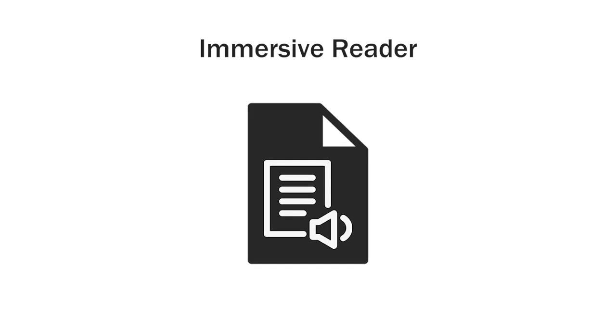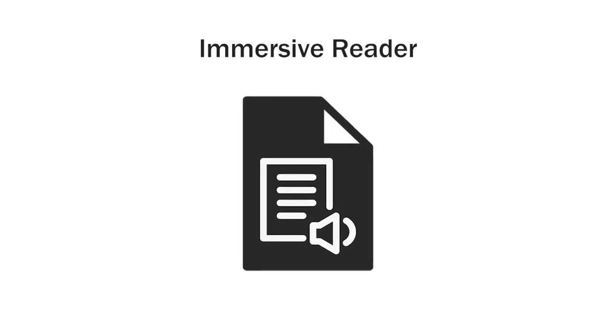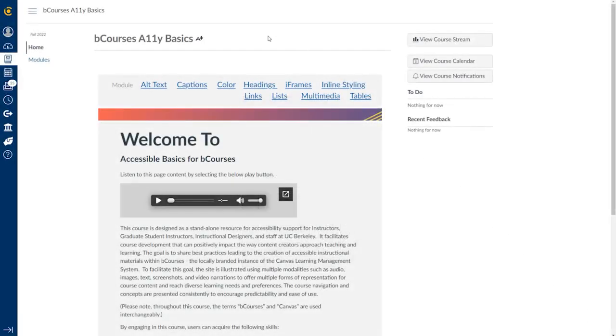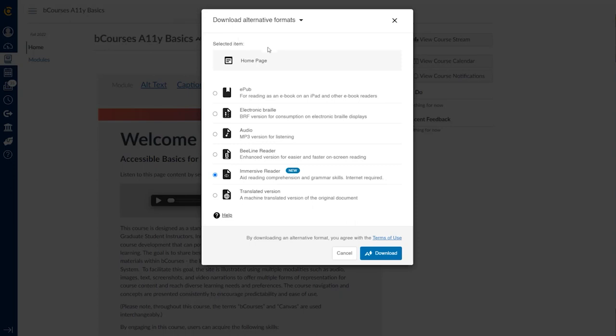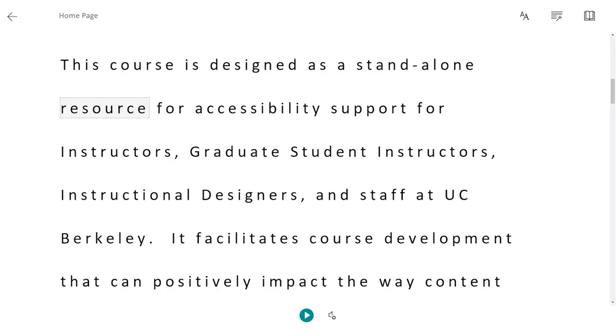Immersive Reader is an online alternative format that enhances the readability of course content and promotes comprehension. This interactive feature is located in the Alternative Formats option provided by Ally and bCourses. Once selected from the Download Alternative Formats window, the content of the file displays in a new window with control